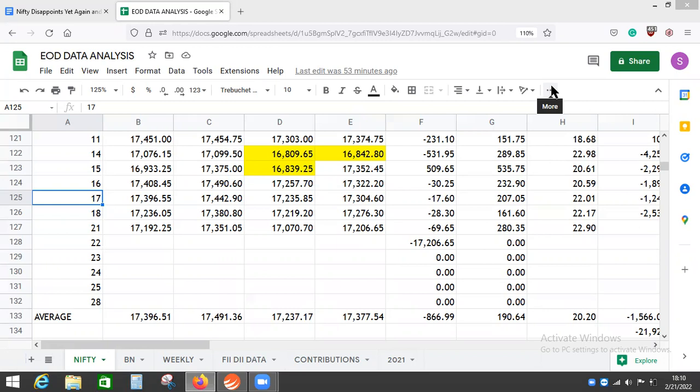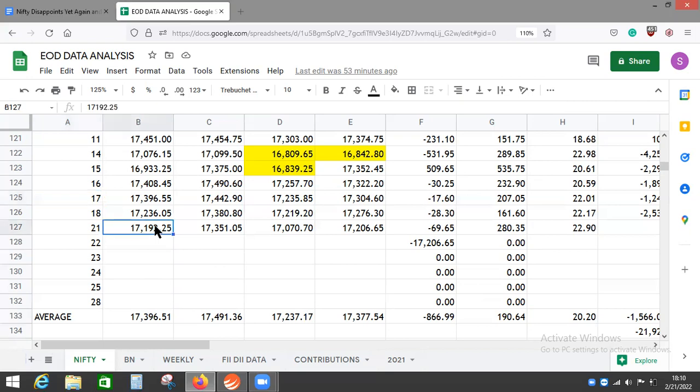How was your day today? Look at the Nifty OHLC. You will find that there is some difference between the way I analyze and the way KR analyzes. You will get the best of both worlds. So the Nifty OHLC is here, and if you don't know OHLC, I suggest you start with the basic videos given by KR. Nifty ended flat yet again, not exactly flat, it lost 70 points, but it somehow managed to